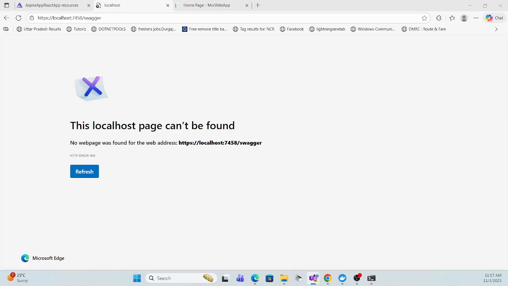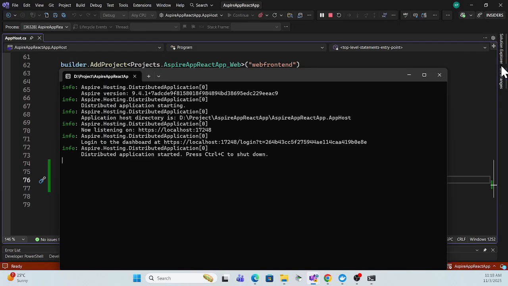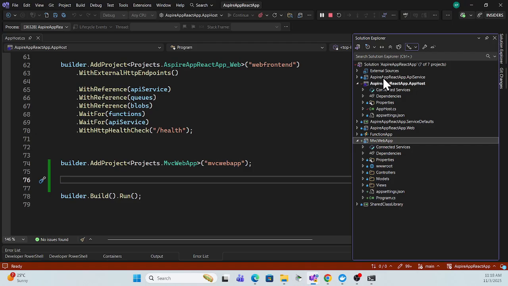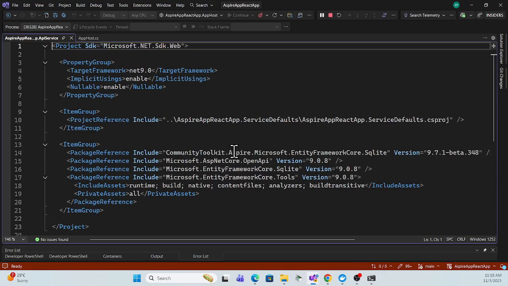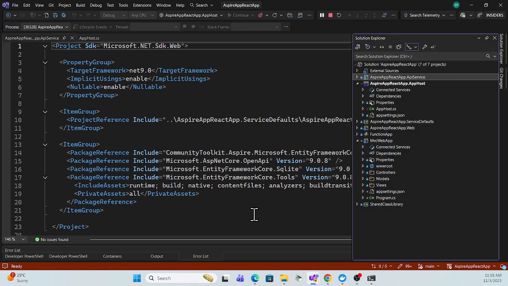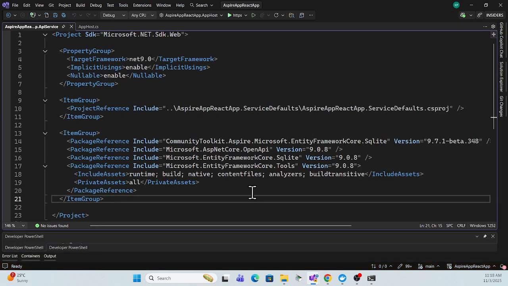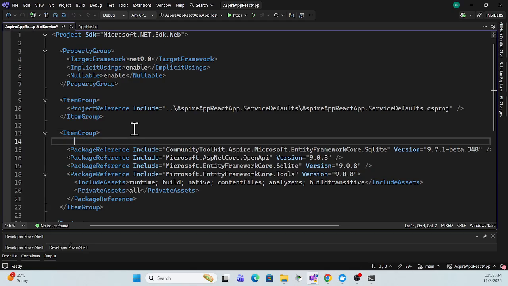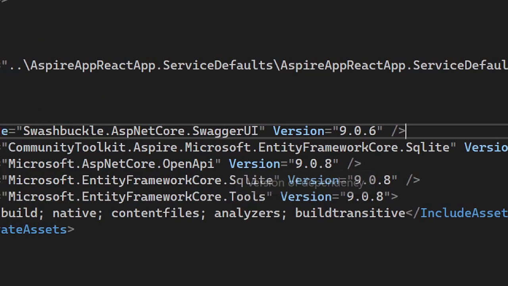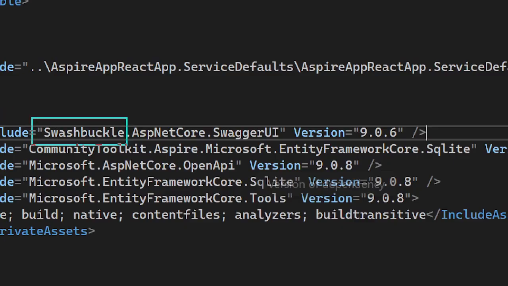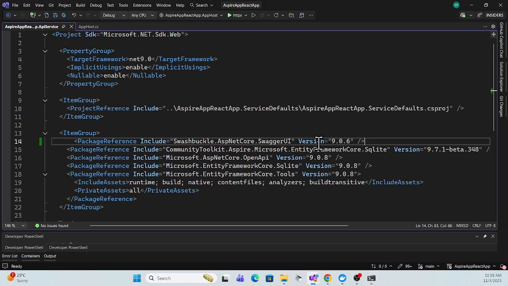So I can just simply use one of that package for swagger. Go to your app service project and just simply add this. This is app service. You can just stop that and add Swagger AI. So this is that package name. You can just refer Swashbuckle ASP.NET Core Swagger UI package, and whatever latest version you can